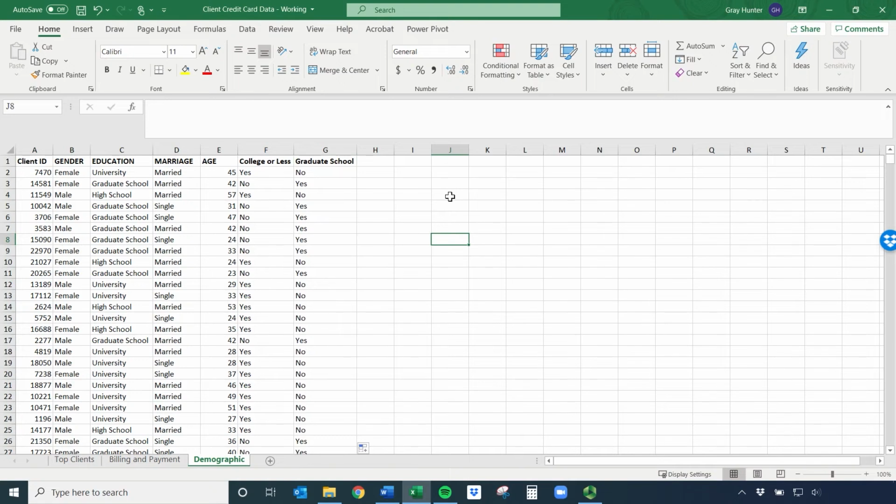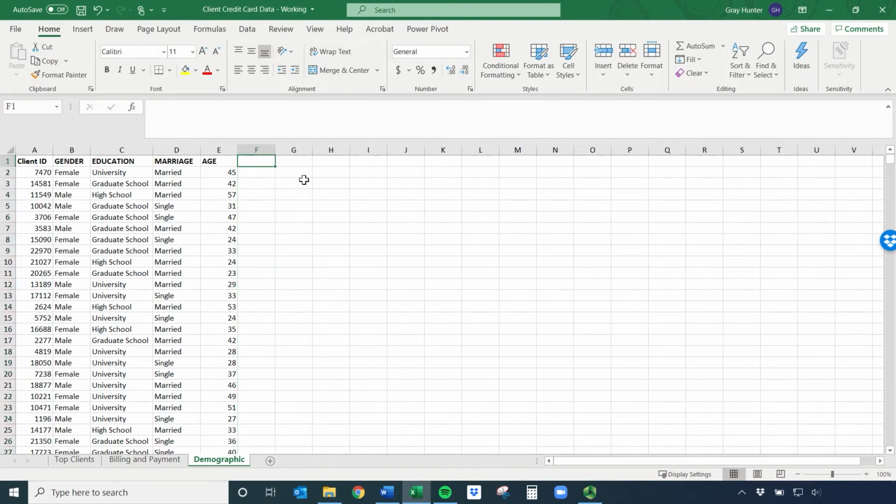Okay, now let's move on to the AND command. And again, I'm going to use this with an if command in a couple different ways, just so again we get some practice. Let's delete these because I don't think we need them anymore. And let's say you wanted to split the categories out. Like maybe you want a column that says, let's start easy, female university graduate, and then a male,